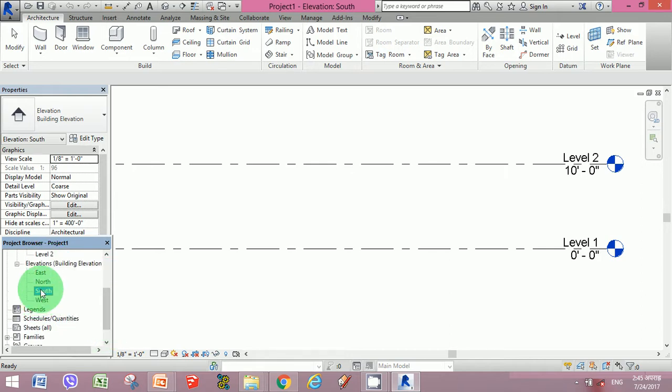Now going back in the elevation section in the south plan, this is the south elevation. So if you want to add a new level, you would add the levels in the elevations section. You cannot add the levels in the floor plans. So whatever levels that you require, you must add those levels in the elevations zone.